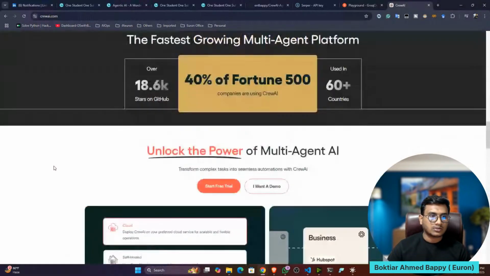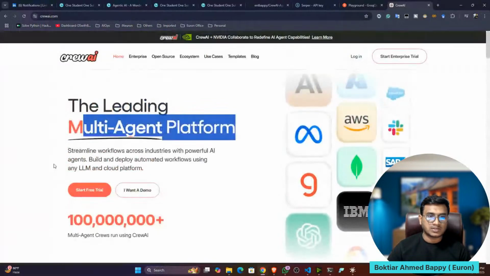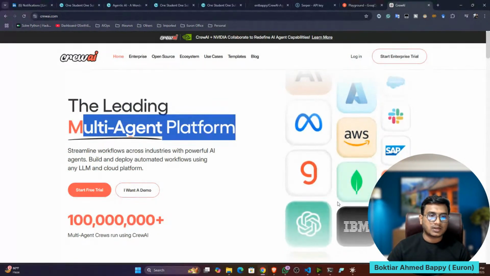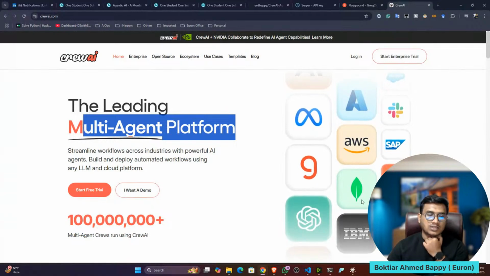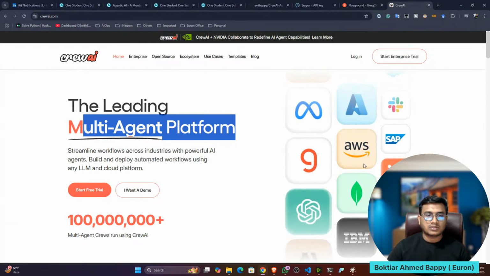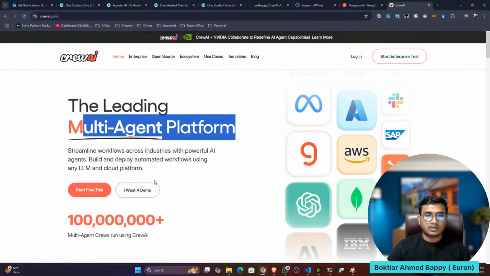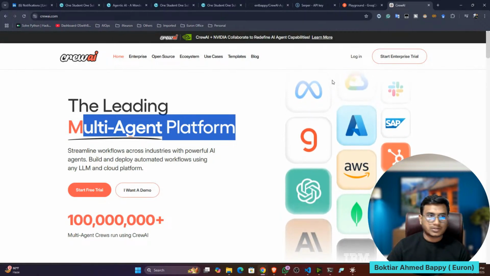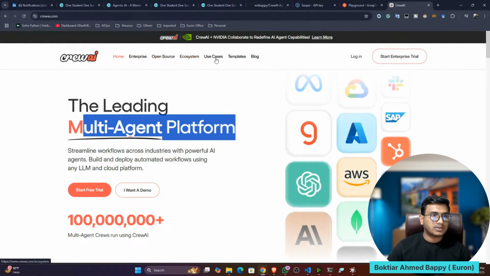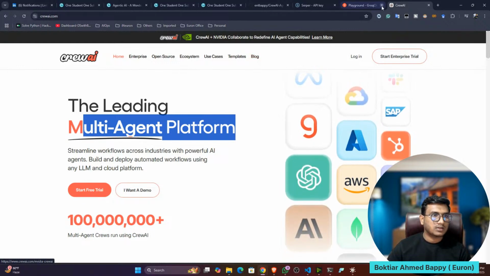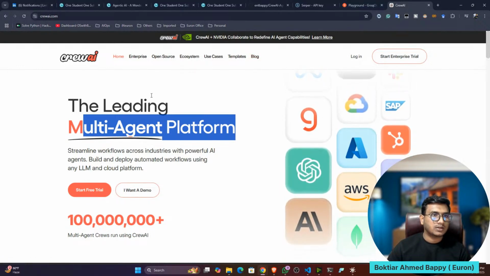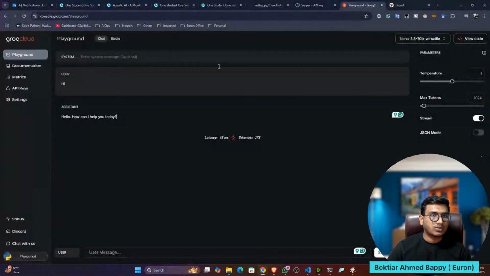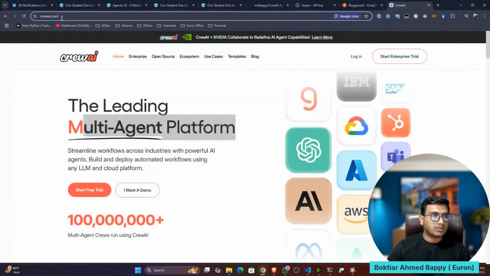Personally, I like Crew AI a lot because of its simplicity, and it supports almost all the models. You can see Meta, Grok, ChatGPT, then AWS Bedrock, everything it supports. They also have the documentation link, where they have given the code snippet on how to use it.